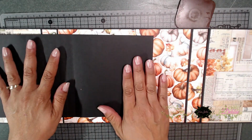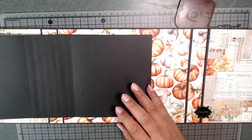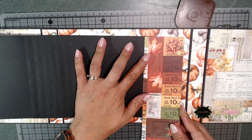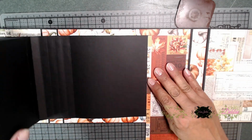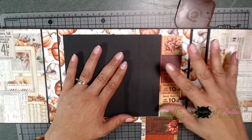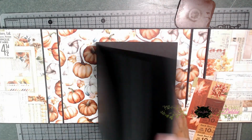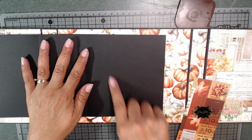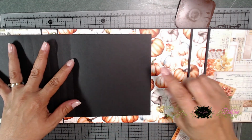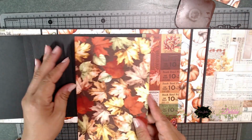So this piece I actually cut wrong. The back piece is short, so we don't actually have a pull out for our waterfall. So what I'm going to do is create a longer piece. What you can do is cut a piece of paper. It could be regular cardstock, it can be your pattern paper, whatever you want, but we do need this longer. And so you're going to cover that back area and make a piece longer so it sticks